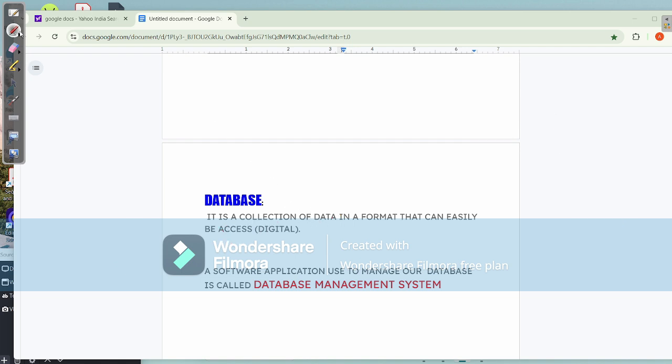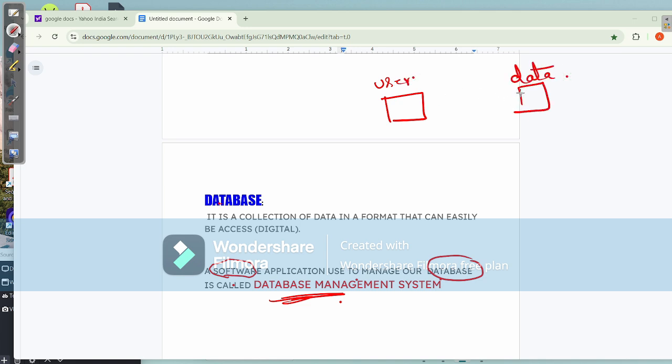Then comes the concept of DBMS, a software application used to manage a database. To manage this database, a software is used, and this software is called DBMS. If a user has to work with some data, in between these two we have a DBMS.